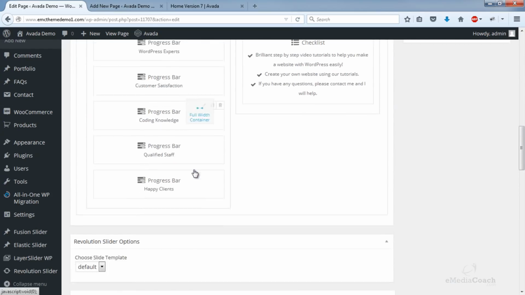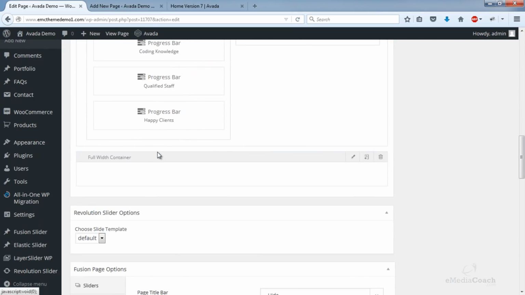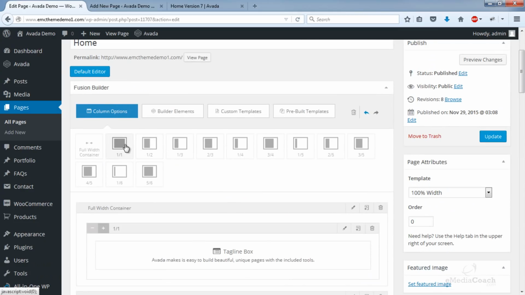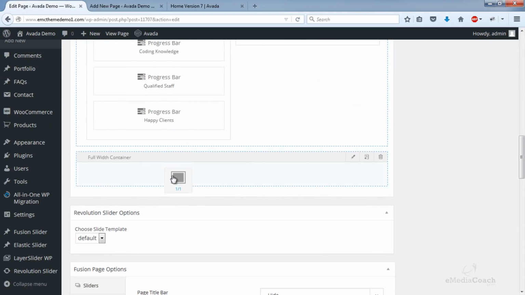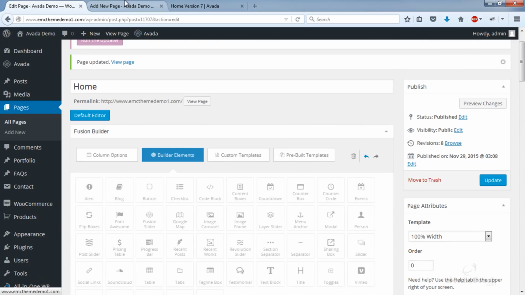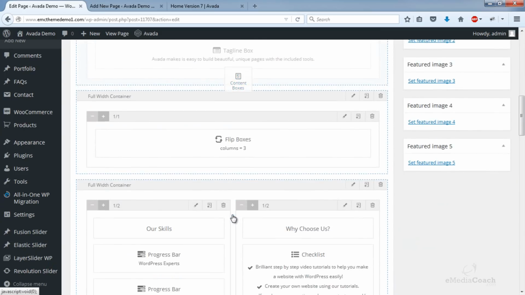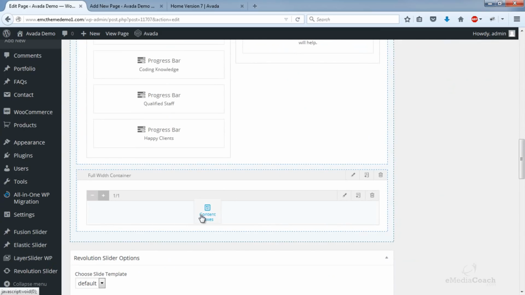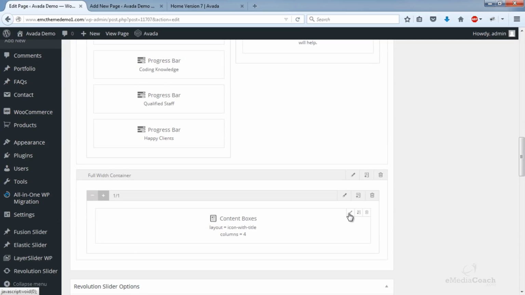So starting with the full width container. This element will take a full width. Then I can go into builder elements and find the content boxes. There we go. And then I can edit.